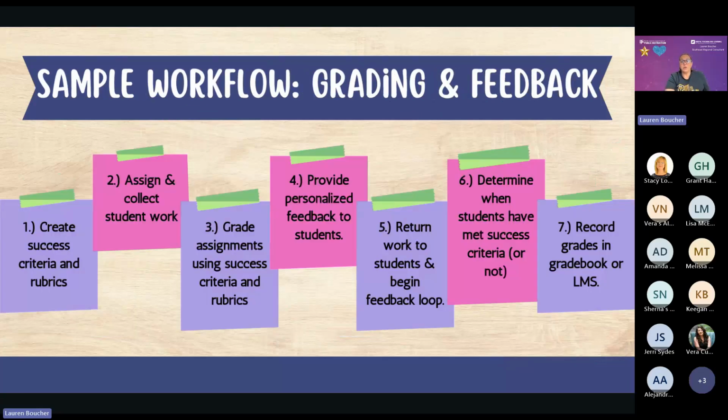Another workflow that we might look at creating is for grading student work and providing feedback. Here, I probably should say there's a pre number one, which is the same thing as lesson planning: identifying your standards and unpacking those.